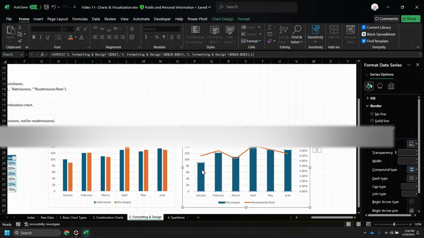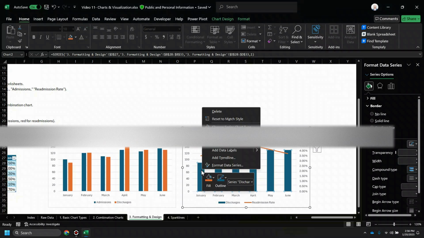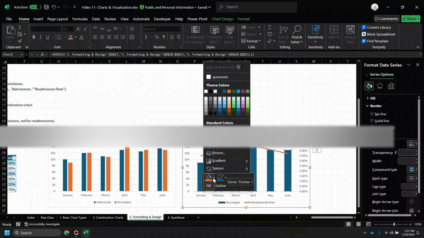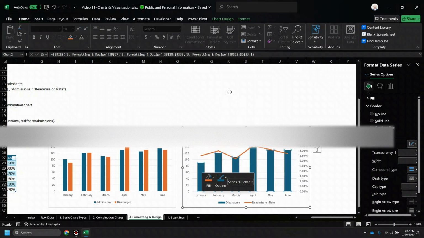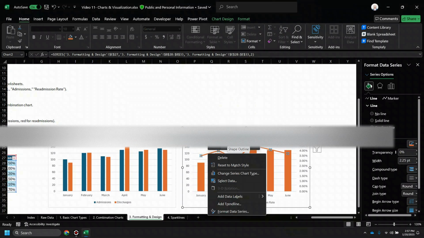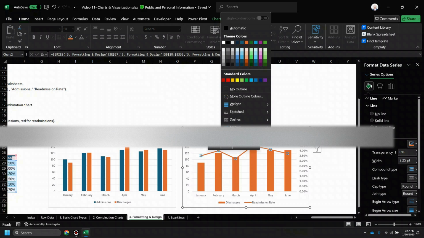I would go ahead and click on that data element that you're working on, and if you right click, you can see it pops up the fill option, in which I can change that quickly. I'll do this same thing with the line. Because this line is a line, it's not filled in, you actually are adjusting the outline, not the fill. And we're going to pick a different color because of that,